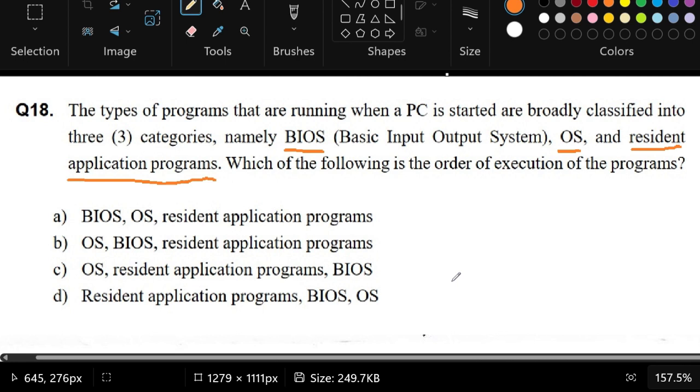Now for the basic input-output system, if you've destroyed or deleted the operating system so you can install a new one, it's likely that if you boot it up without any operating system at all, you'll end up with the BIOS. Of course, in certain computers, you would still need to press the delete button or the F12 or something like that to get into the BIOS window. But in general,